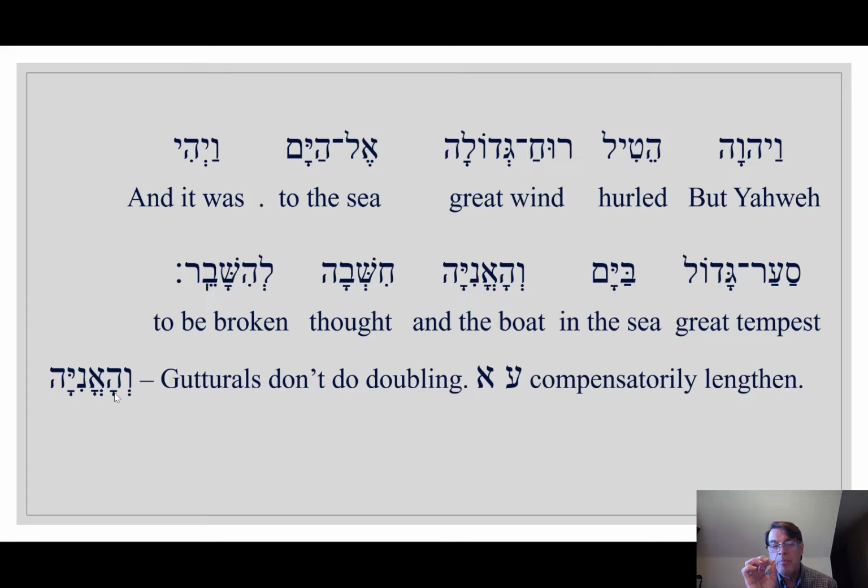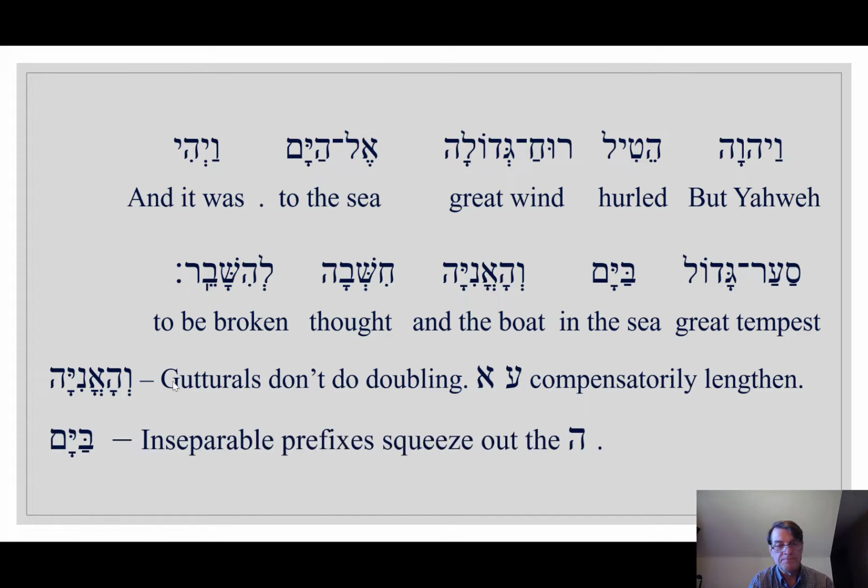So there are some different versions of hey patak doubling, some different versions of "the" that we'll see as we get into the book of Jonah. The one you need to know for this video is hey patak doubling, but sometimes the hey will lengthen the vowel because the aleph says, I'm not doubling. I don't care what you say. I'm not doing it. Fine. I'll just lengthen my vowel. So again, if you don't understand, the three things are what you need to take away from this.